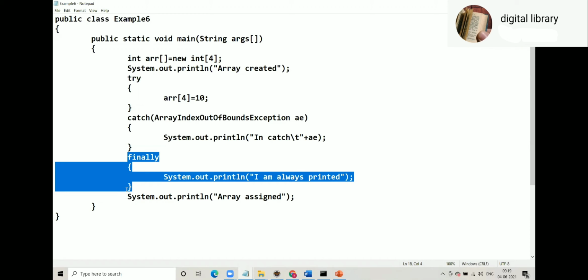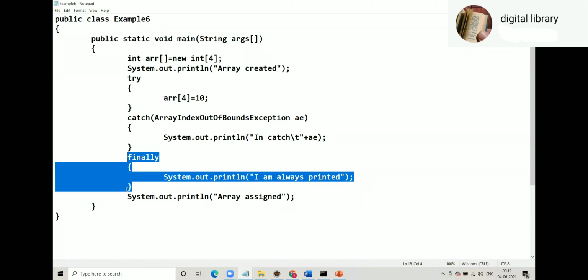But we cannot rely on finalize, because object garbage collection is not guaranteed across various JVM implementations. When exactly finalize will be called is not guaranteed. So I cannot rely completely on the finalize method for releasing the resources.